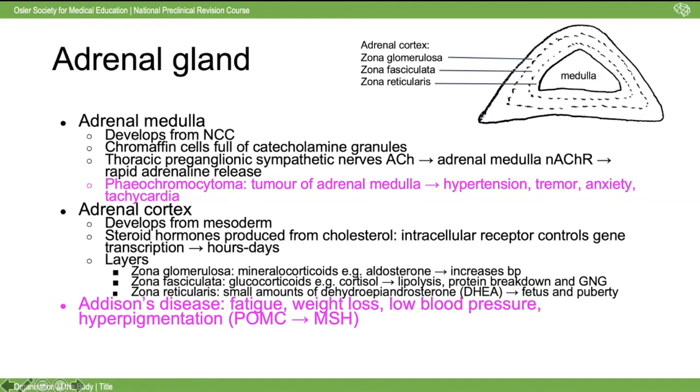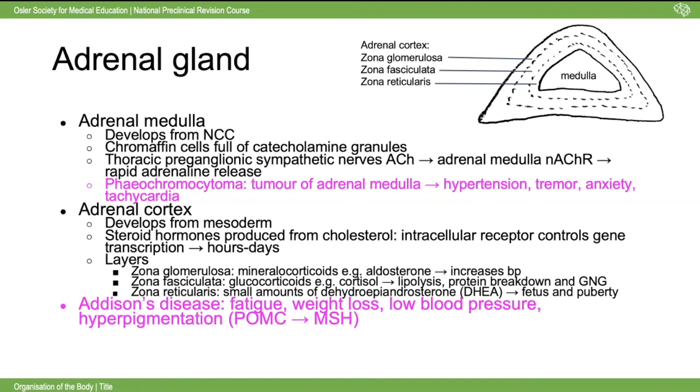And a good disease to mention when you're talking about the adrenals is Addison's disease, or adrenal insufficiency. Features of Addison's disease include fatigue, weight loss, low blood pressure, and hyperpigmentation. And interestingly, the reason you get hyperpigmentation is because, if you remember back to that general scheme of hormones being released from the anterior pituitary,